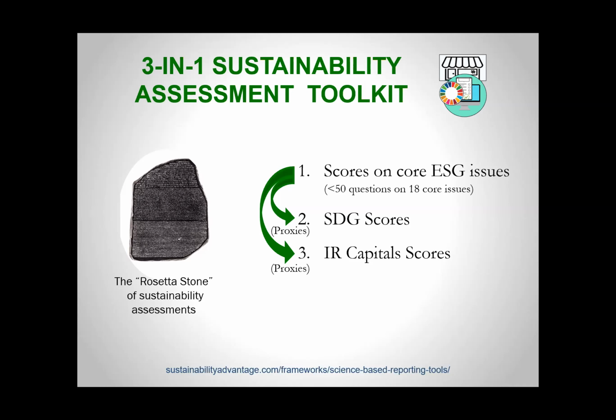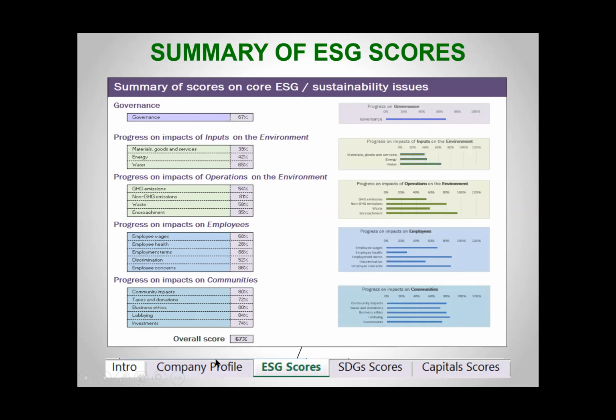There is a company profile, which is where the company describes who it is, where it is, how much money it's making, ownership, that kind of stuff. And then there's a spreadsheet that is all about how it's doing on ESG. At the top of that spreadsheet, so these are the tabs across the bottom, ESG scores is the main worksheet. At the top is a summary of the scores.